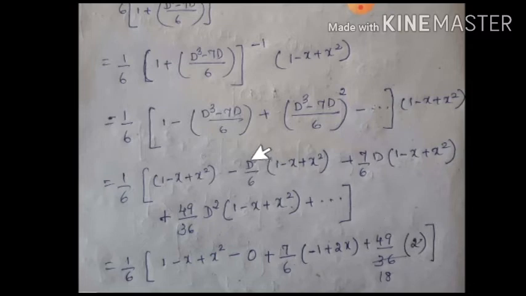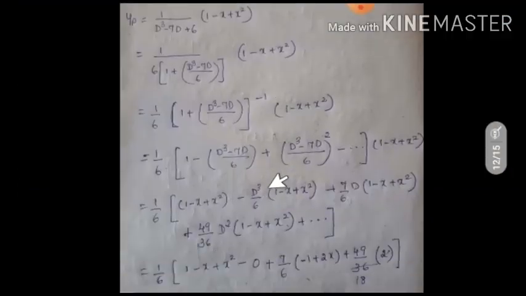That itself I told here: if the power of D is more than the power of the given polynomial, then the derivative of that will become 0. So directly you can write it down. While expanding this bracket also I am repeating it: where the power of D is more than this polynomial, I did not write that term. Only when I expand this in the form of a minus b whole square, the power of this will become D square, which is equal to the polynomial power. Hence only that term is written. Okay.